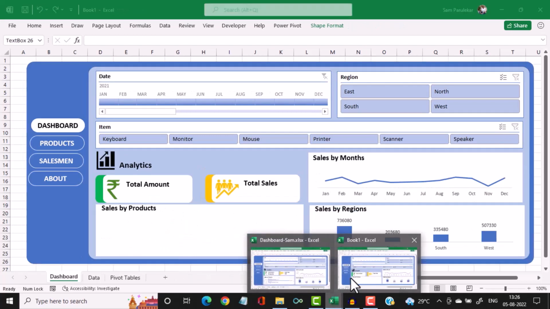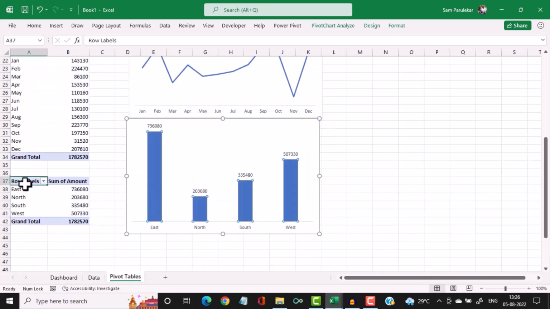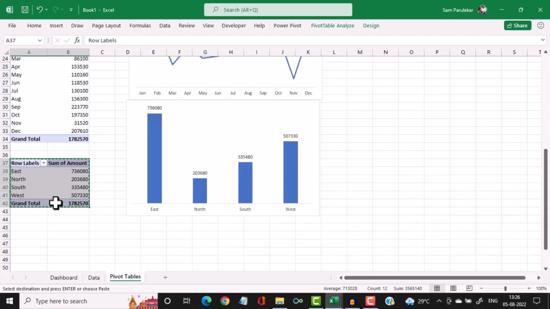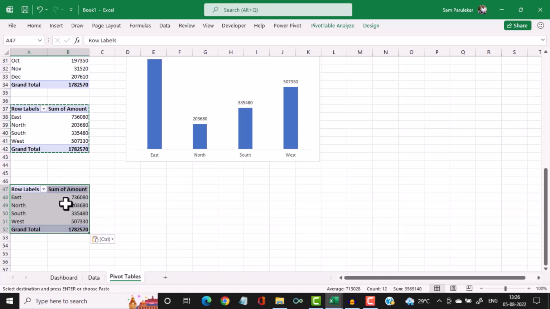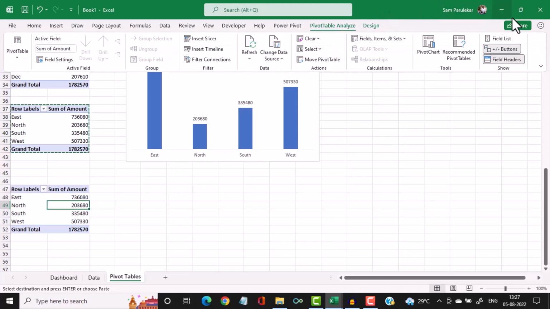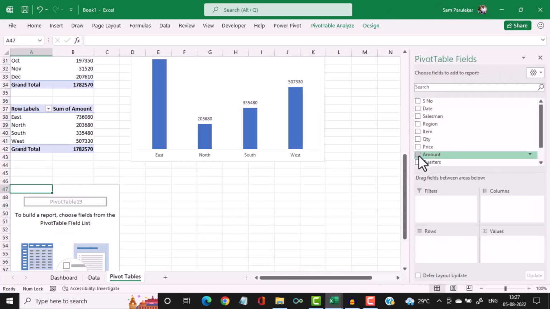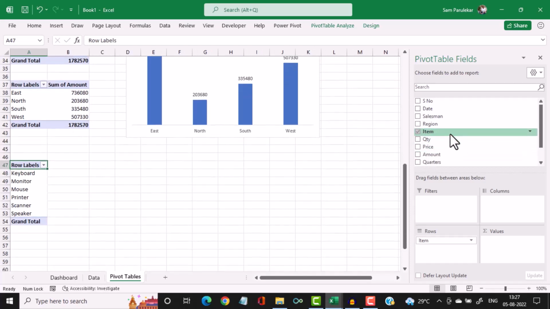So let's come back to our sheet and we'll click on pivot tables. Again, I select the product, I select the pivot table, Ctrl C, I come somewhere at the bottom, paste it, click anywhere in the pivot, click on pivot table, analyze, select field list, and remove the old fields. And now I want the item names, so I click on item names, and I want the sales figures, so